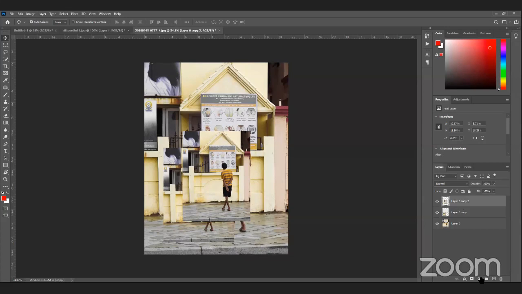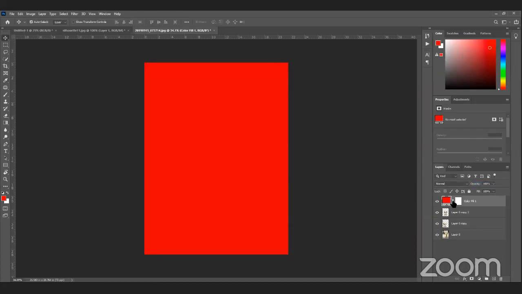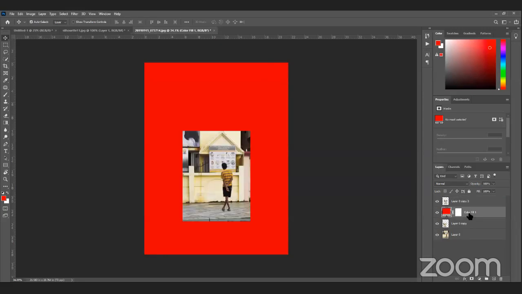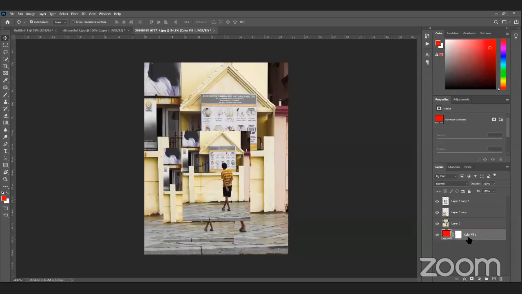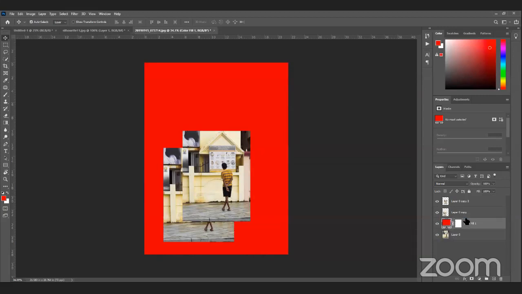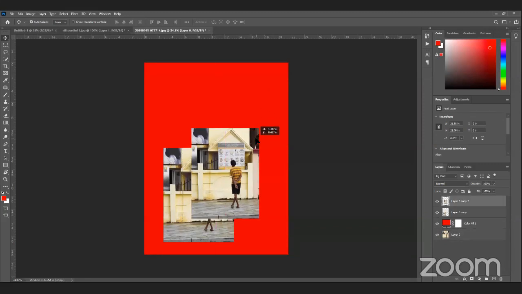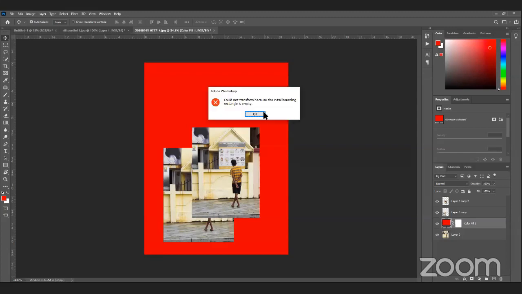If you want to create a color layer, this is the icon. Just click on this and choose Solid Color. This will create a color layer. We talked about that layers are like a stack, so one by one you would be able to see that stack. If this layer is on top, layer 0 is hidden behind this solid color layer, and it won't be visible because it is taking the whole canvas. You can also try to increase and decrease the size of this, but it will not work